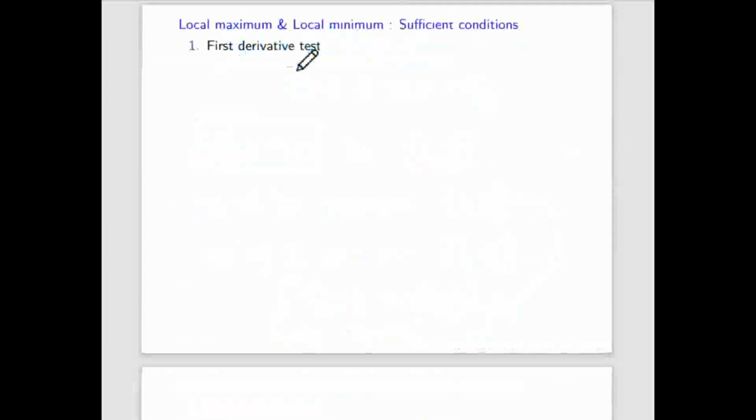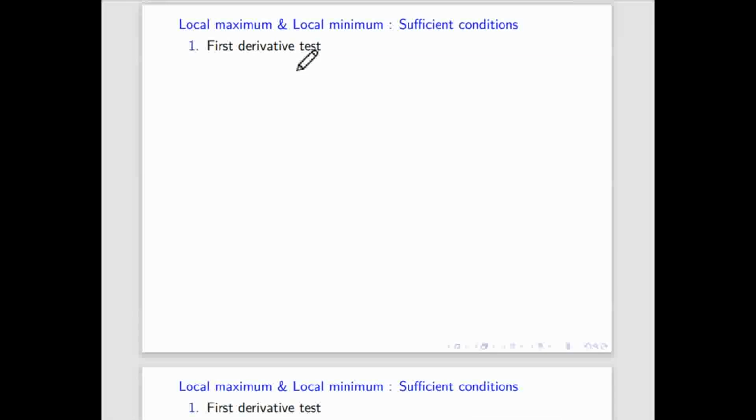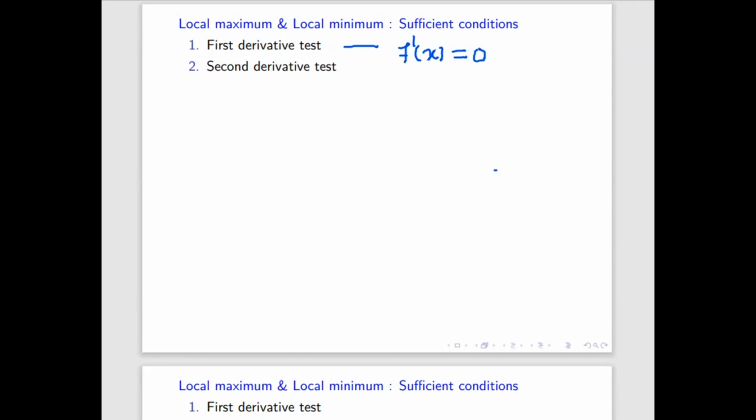Okay, sir. So now I think everybody knows how to find maxima and minima. In the last class I showed one result and told you to just remember that one. So first tell me what the first derivative test for maxima and minima is. How do we check the maximum or minimum of any function? The first derivative says that if a function has a local maximum or local minimum, then its derivative must be 0. Then you will solve this.